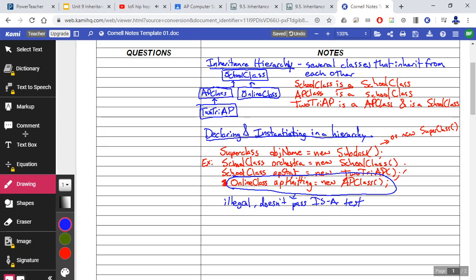Basically, an AP class is not an online class, so that would be illegal. Does that make sense? Okay. Now, why would you do all of this? That's a great question. Why? If methods are overridden in the subclass,